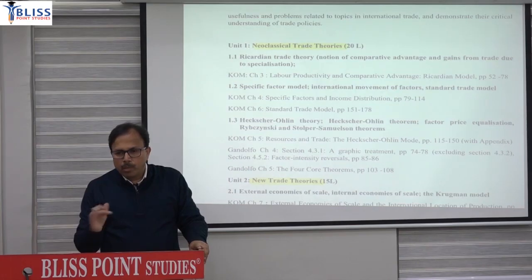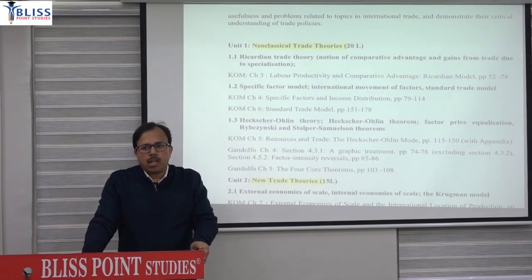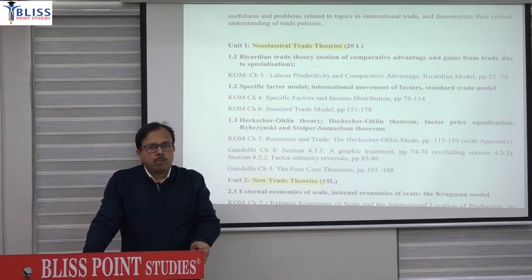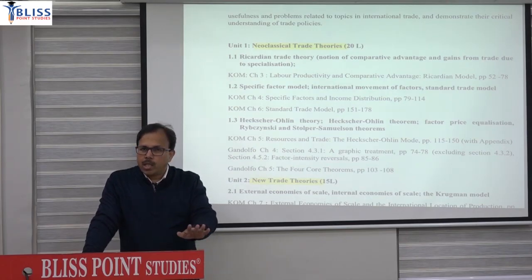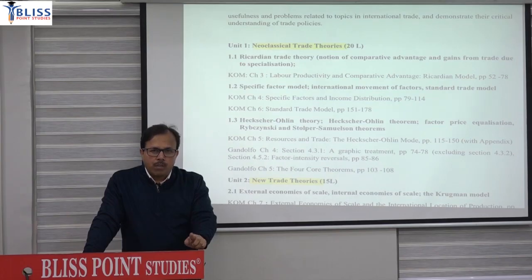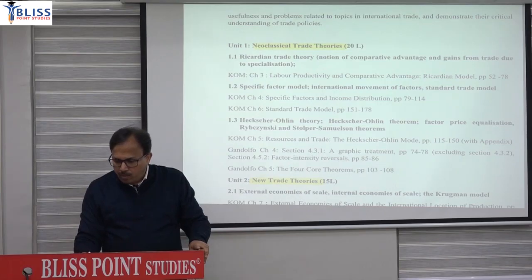The common thing about all neoclassical trade theory is that they are based upon the assumption of perfect competition, and new trade theory assumes that market is not perfectly competitive. I repeat, the neoclassical theory assume that market is perfectly competitive. So Ricardian model will assume perfect competition, a specific factor model will assume perfect competition, Heckscher-Ohlin model will assume perfect competition, standard trade model will assume perfect competition. So you can see here, first is the Ricardian model, specific factor model, standard trade model and Heckscher-Ohlin theory, and